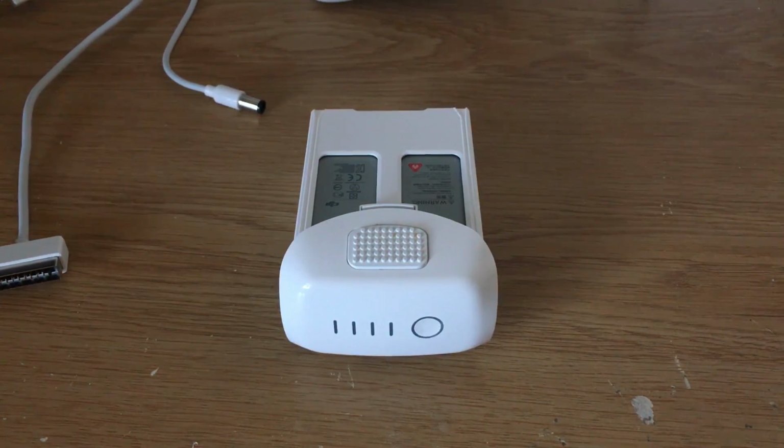You need to put it all back in the box, go back to the Apple store and say that your Phantom 4 battery is faulty and you require a replacement. Hopefully Apple will, the same day, just sort you out with a replacement and you will be up and flying in no time. If not, then they may ask you to contact DJI and DJI will sort out a repair